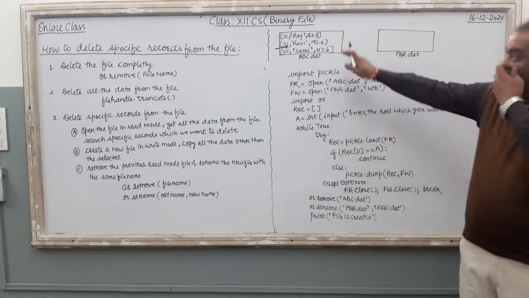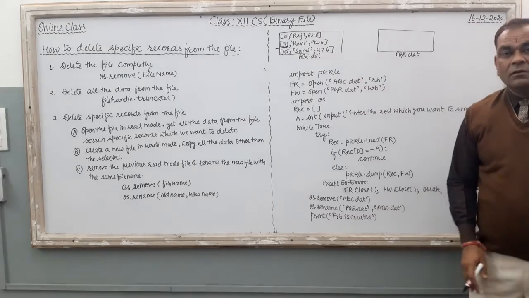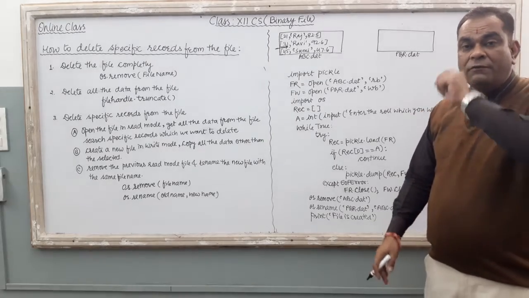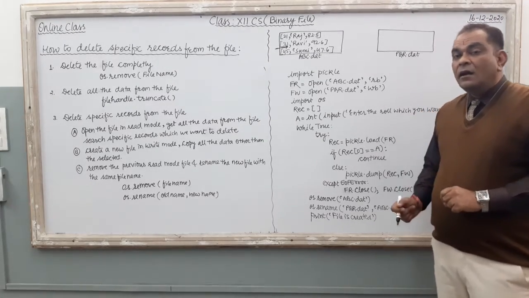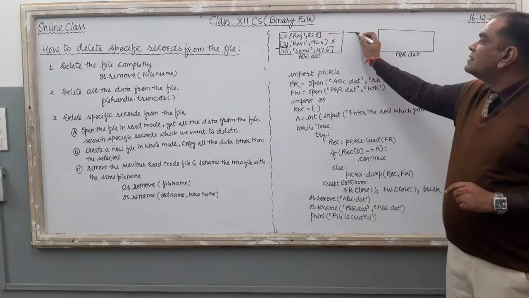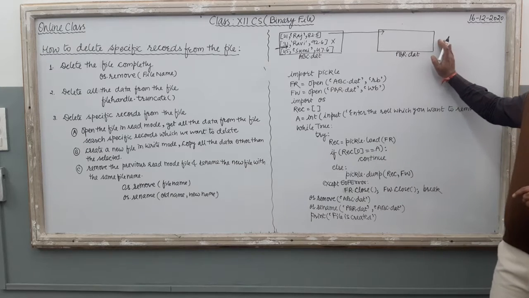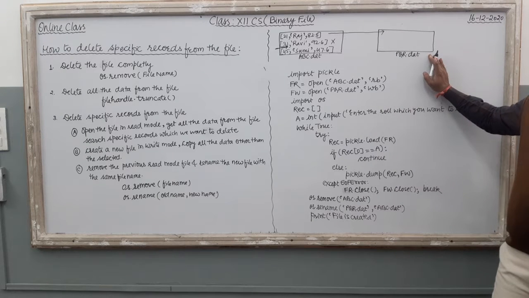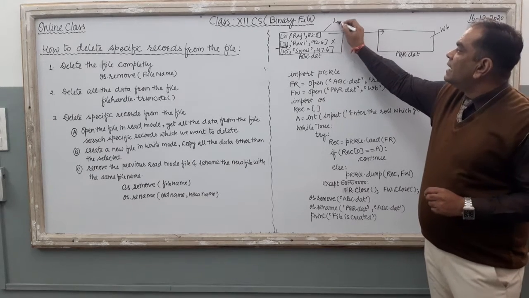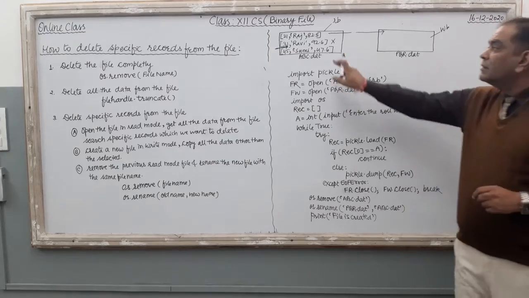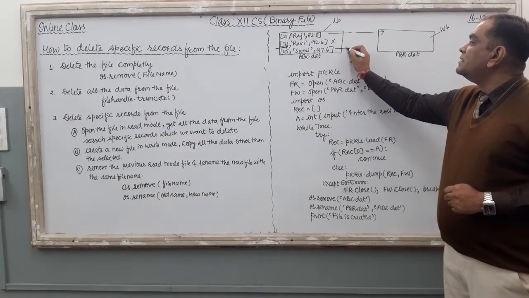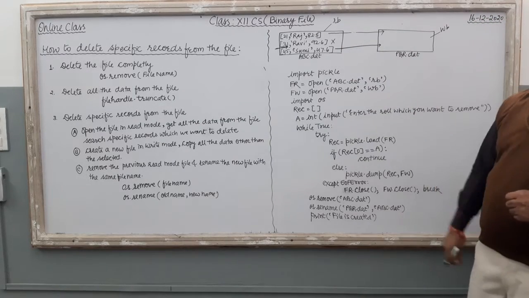So very first I have to open the file in the read mode and then search the specific record which I want to remove from the file. Then other than this record, all the records should be pasted in a separate file. Just see, I have created one new file pqr.dat in the same program, and this file is in write binary mode. This file is in the read binary mode. So other than this record, I have to write all the records of the abc.dat file into the pqr.dat,